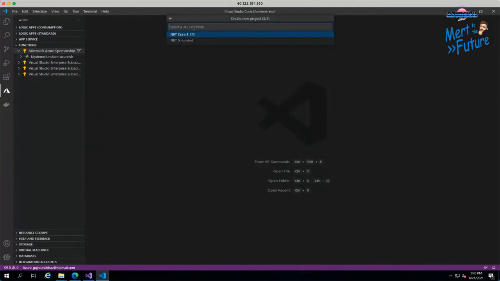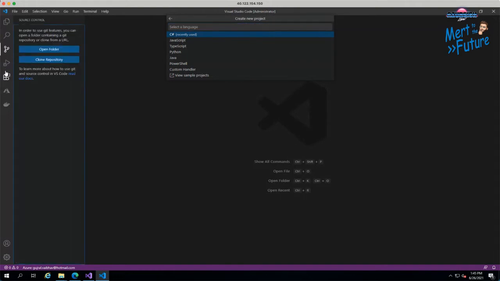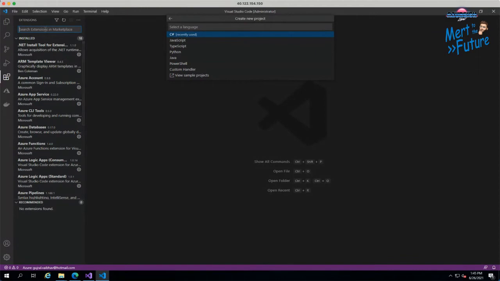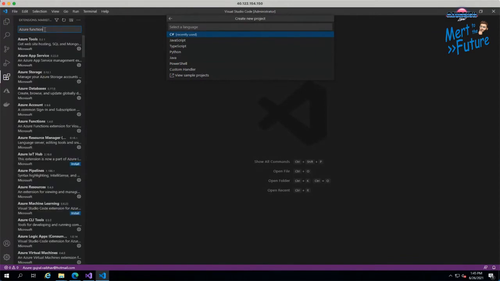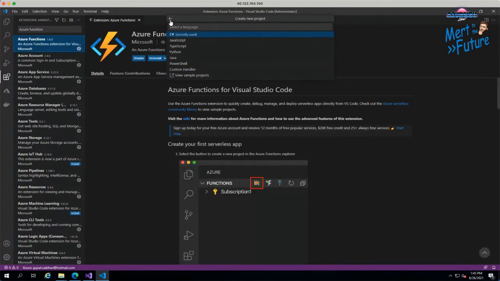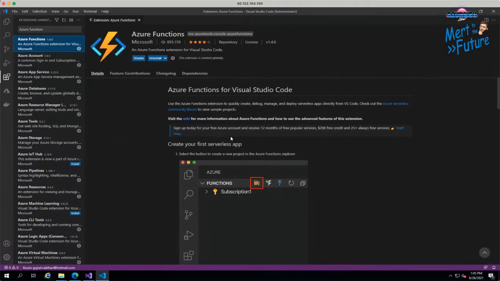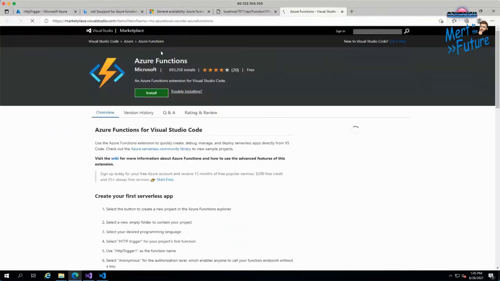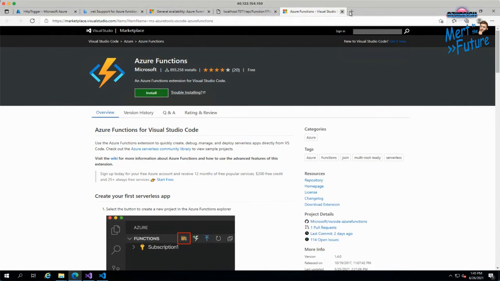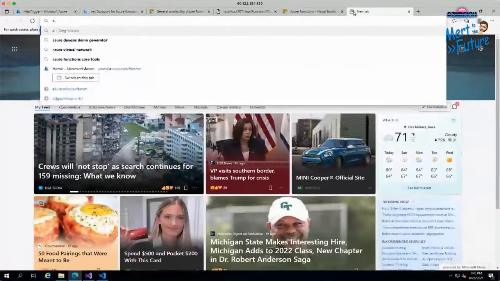You can get the same experience in Visual Studio Code. You need to have certain extensions installed in your Visual Studio Code environment. For this particular demo, I have already installed the Azure Functions extension. I have also installed Azure Functions Core Tools,